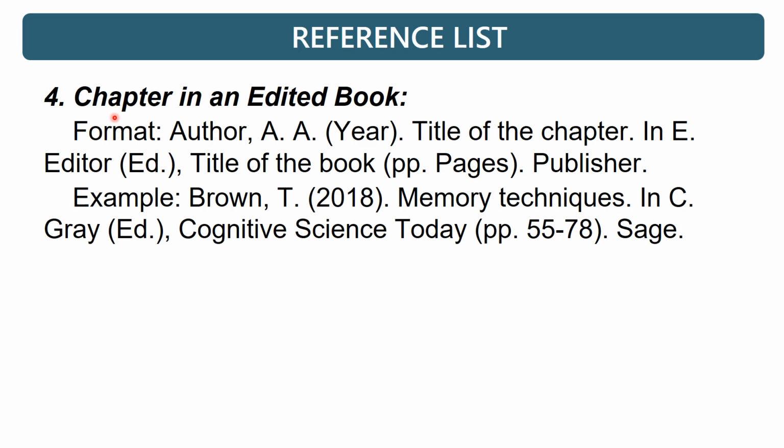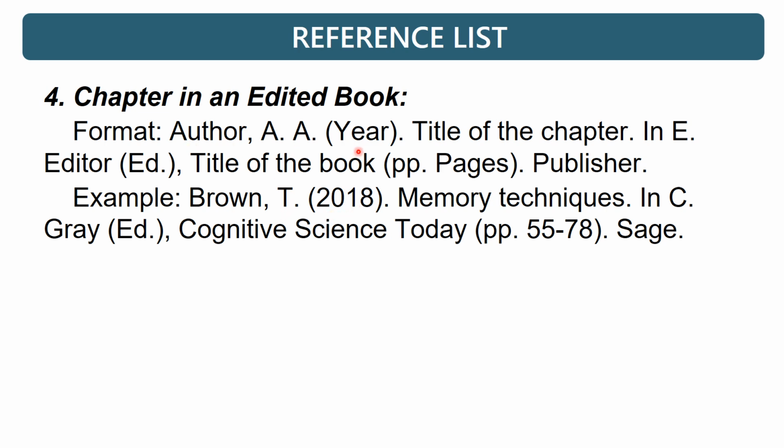And then chapter in an edited book, format is author, and then initials, year, title of the chapter, and in editor, and in brackets ed., then title of the book, then pp. pages, and then publisher. Example is Brown, here is the author, T. is the initial,